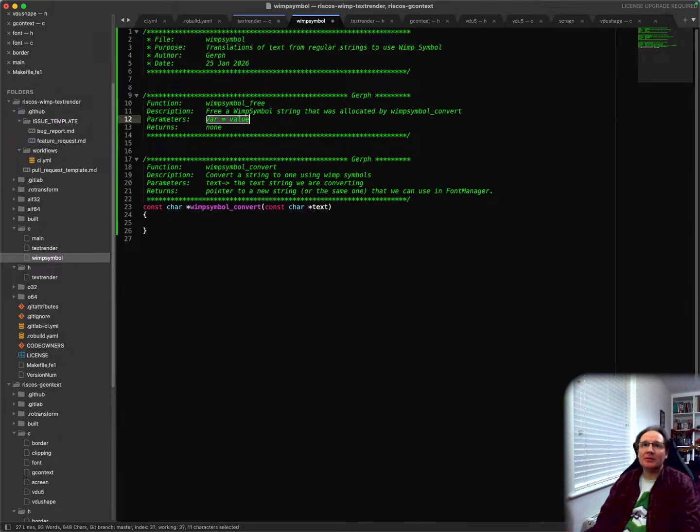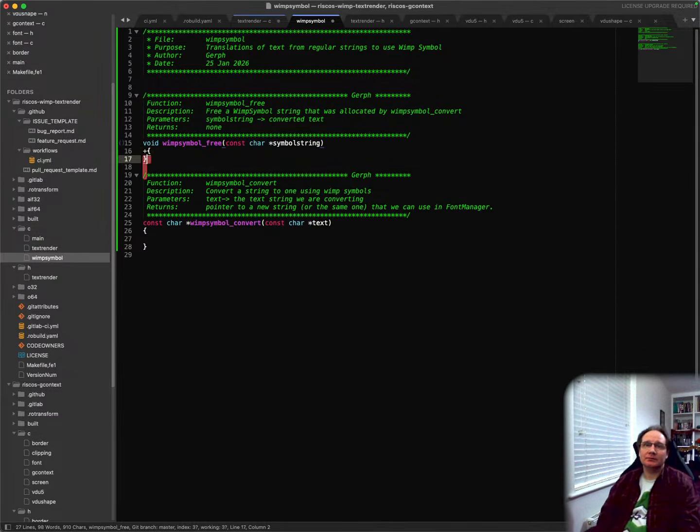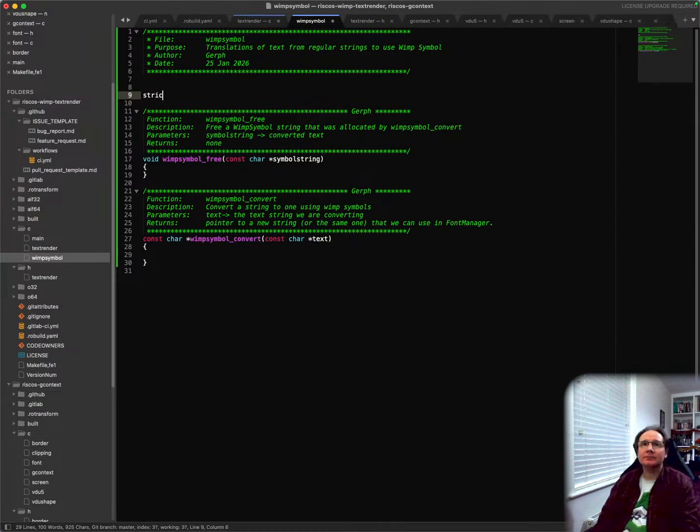Okay, parameters are symbol string, converted text, returns none, and this is a void Wimp symbol free. But we're only going to have one static that way. I'm going to make it a structure. Typedef